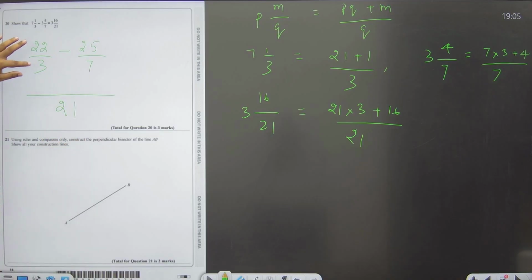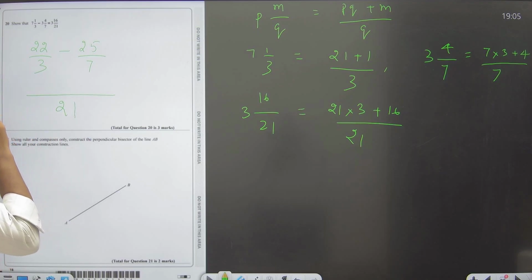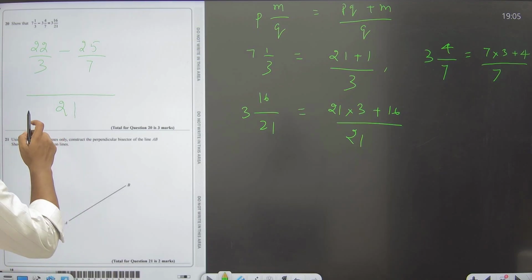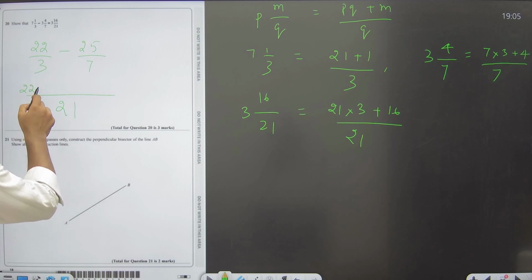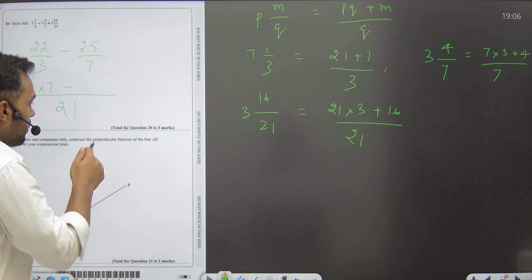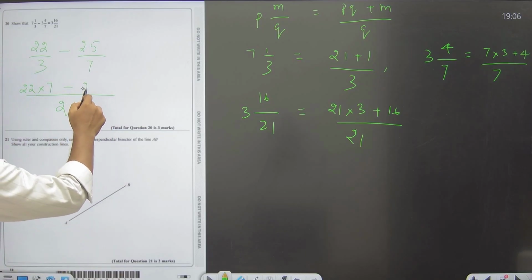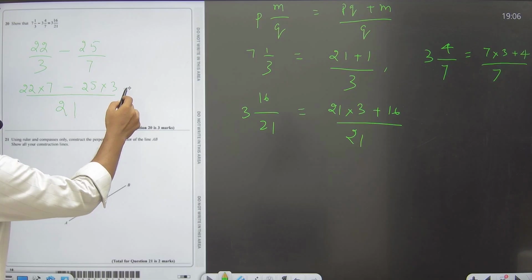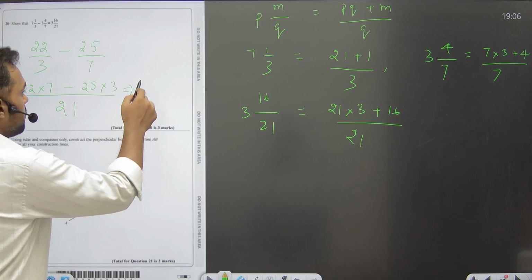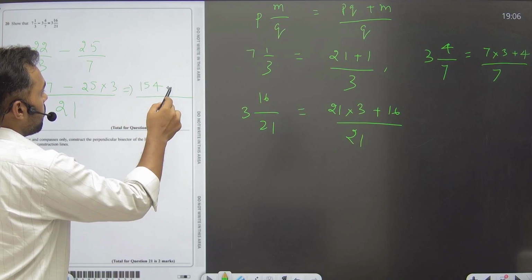Now in the multiplication of 3, what will be the quotient when we divide 21? It will be 7. So 22 cross 7. Minus, what will be the quotient when we divide 21 by 7? It will be 3. So 25 cross 3. After solving it, you will get the value, that is 154 upon 21 minus